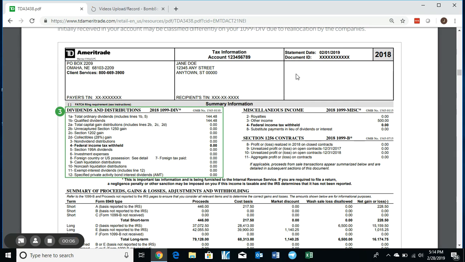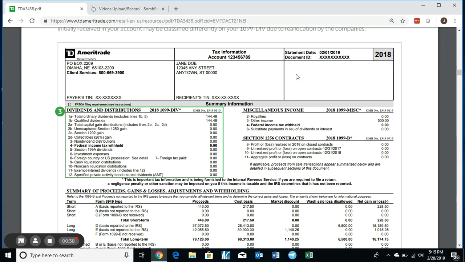It's that time of the year again. We are probably receiving a lot of different documents that you're holding on to that are going to be important for your tax filing before April 15th. And among those important documents may be a 1099 you may receive from either Ameritrade or another custodian where your investments are held. We wanted to take a brief moment here to go over some of the more common areas of the 1099 that are going to be important for your April 15th filing